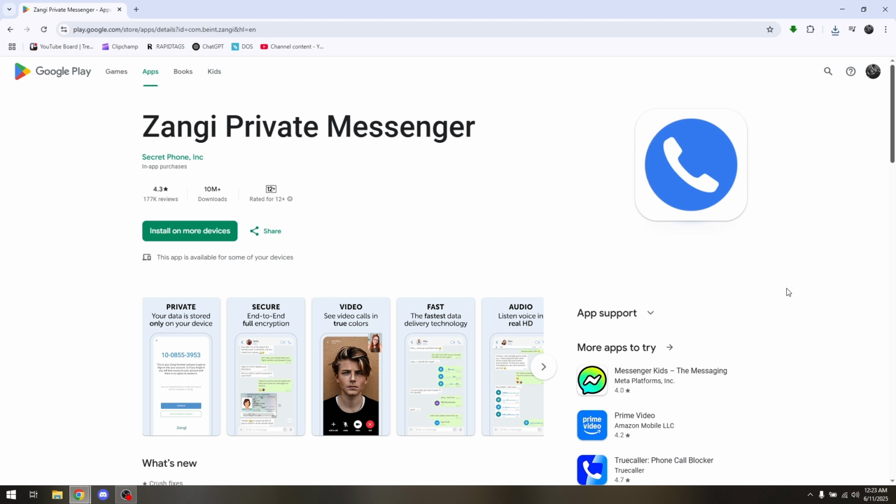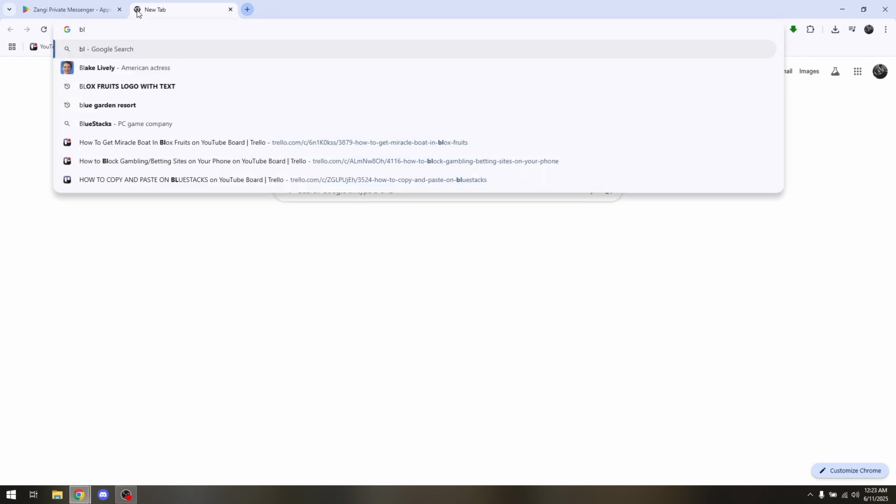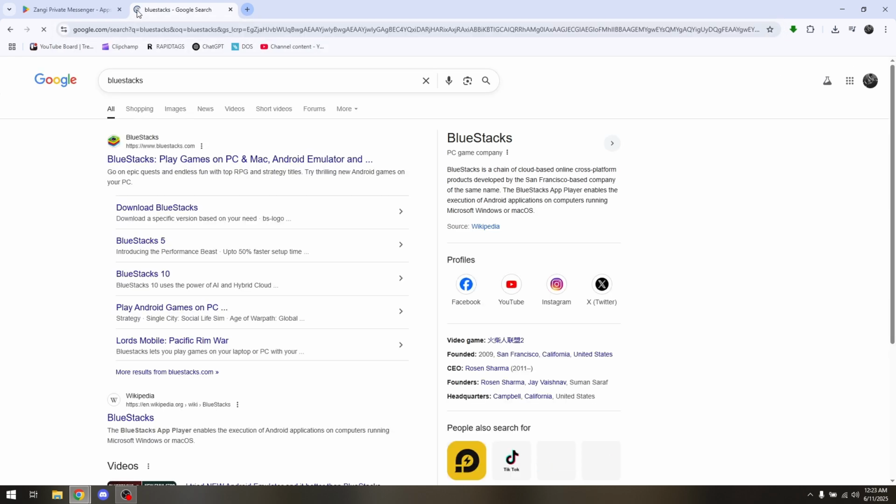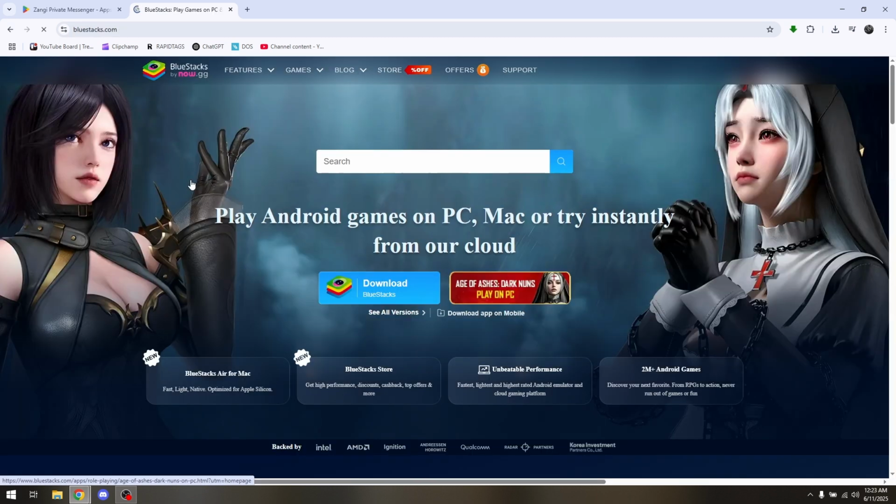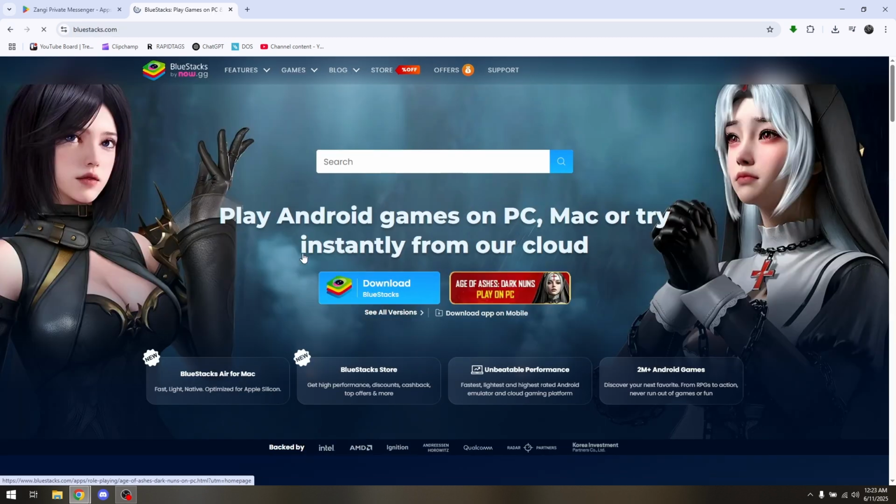any reliable emulator. So just head out directly to your new tab and simply type in BlueStacks. Hit enter and choose the very first result. Now, BlueStacks is actually kind of working like a Google Play Store. Just simply download it and install it, run it on your PC, and once you have successfully or completely installed